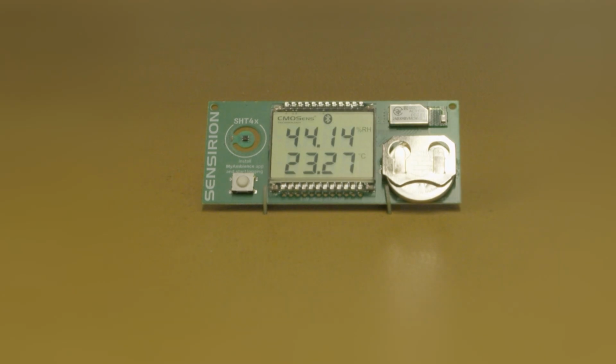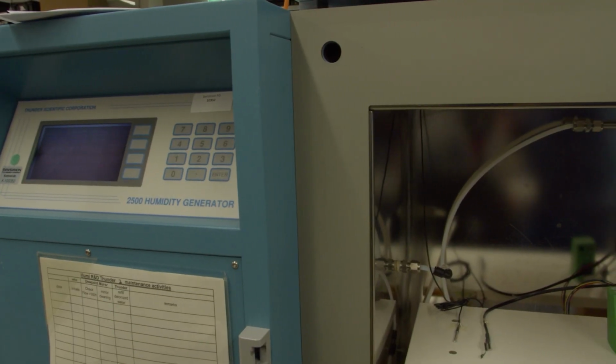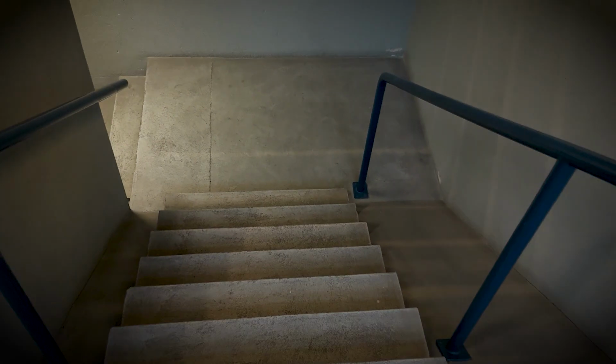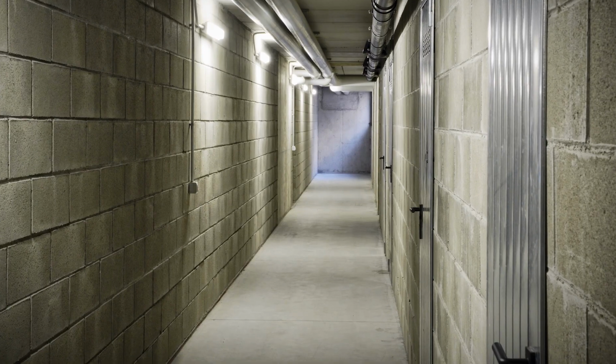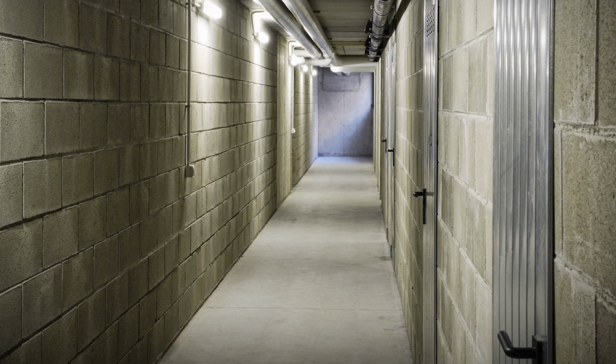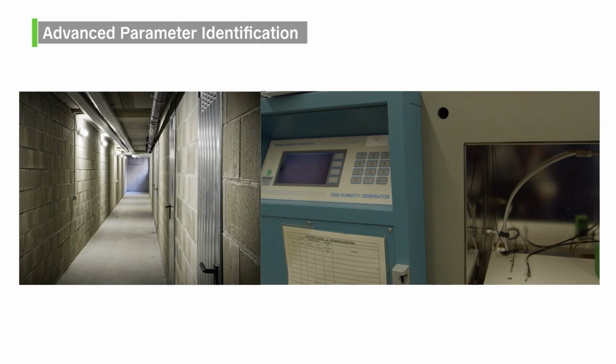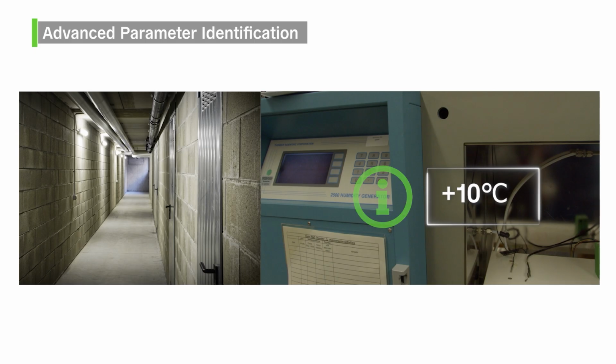It's essential to do the calibration in an environment with stable conditions, such as a climate chamber. If no climate chamber is available, you can also use a cellar, as they tend to offer stable conditions. Make sure the location you choose does not have air conditioning, as it can significantly destabilize the environment. For the advanced method, you will need two of those environments, and one of the locations should be approximately 10 degrees warmer than the other one.